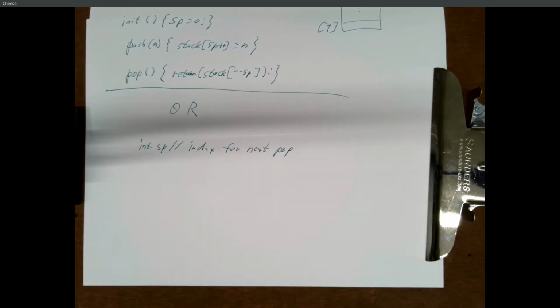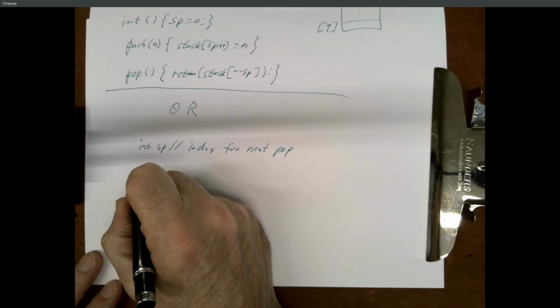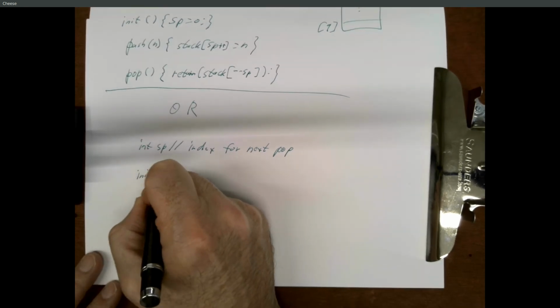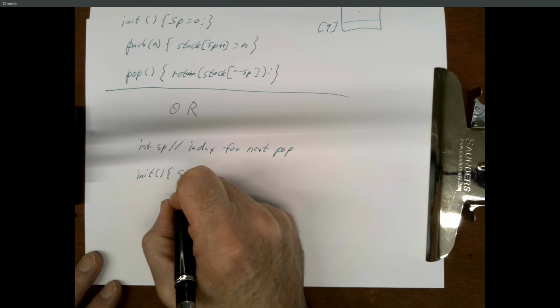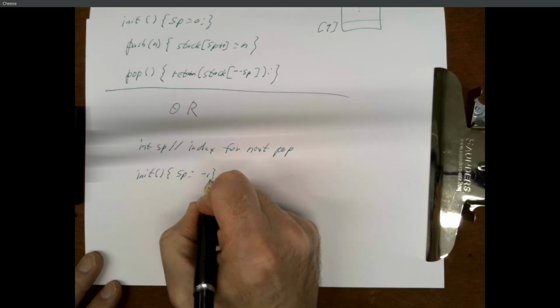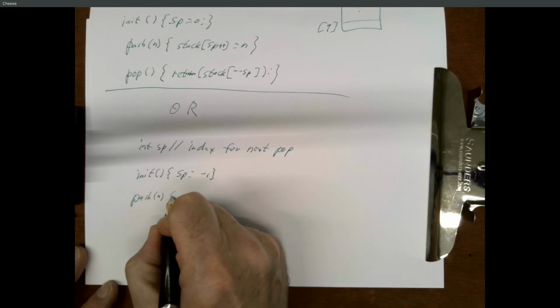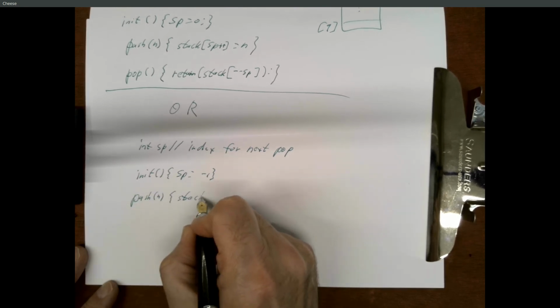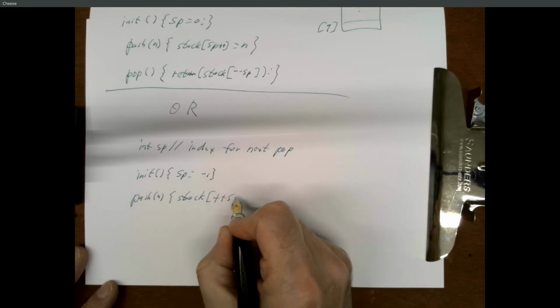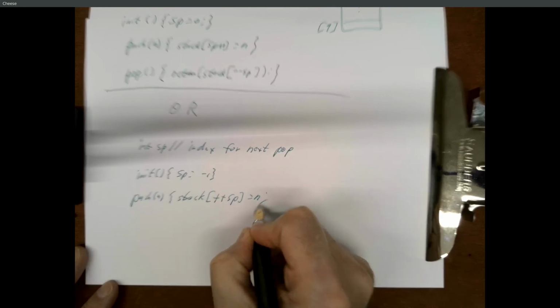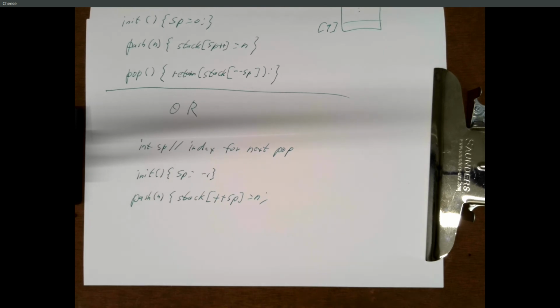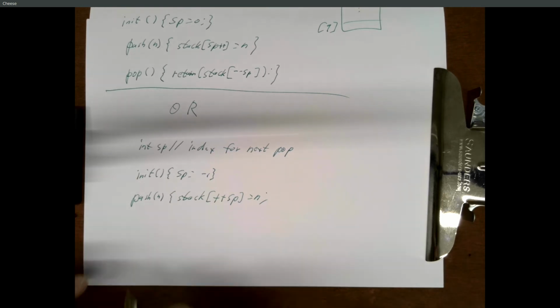If we think of it as where the next pop will come from, then our init function should say something like SP equals -1. Our push should be a pre-increment. So increment the stack pointer to the next location and then write into that location. And now SP is where that last thing was pushed. That's what's going to be popped next. And our pop